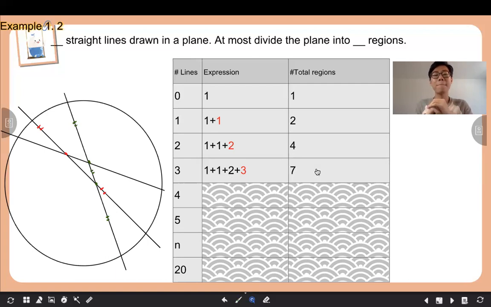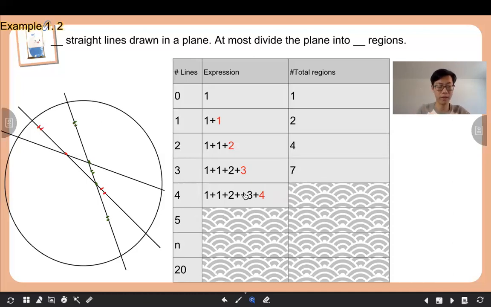Okay, so do we start to find the pattern here again? This red number, how does it relate to the number of lines? 1, 2, 3, so 1, 2, 3. Without me drawing the 4th line, can anyone just guess what the expression should be? Correct. We should just add 4 because this 4th line,